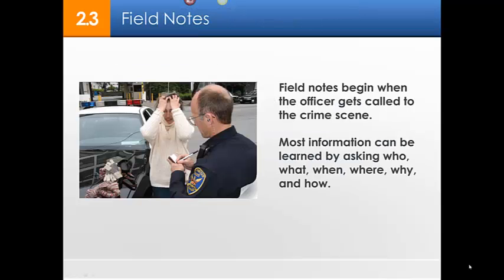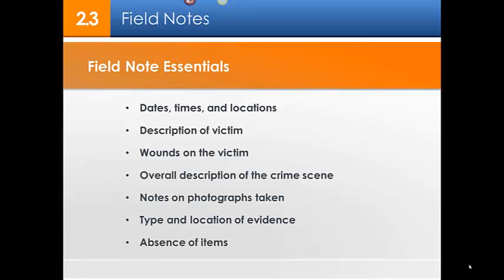As I mentioned earlier, field notes begin when the officer gets called to the crime scene. Most information can be learned by asking who, what, when, where, why, and how. Field note essentials for all police officers include recording the dates, times, and locations, description of victims, wounds on the victim or victims, overall description of the crime scene, notes on photographs taken, type and location of evidence, absence of any items,